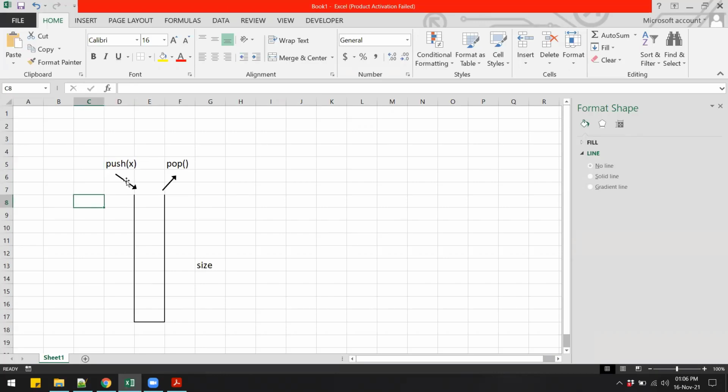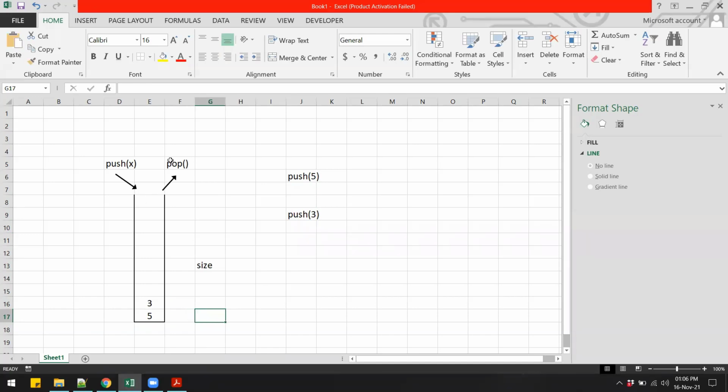You will see that there is a parameter here that is x. Suppose you want to add the number 5 to the stack. You call the push function and pass in the value 5. This will add 5 to the stack, and that goes right at the bottom. Now if I push another value, let's say 3, that 3 will go on top of this 5.